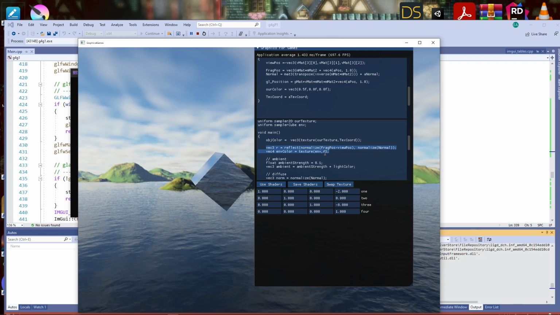You have the view right here, fragment position minus viewer position gives us the line through according to our view, and then we have a reflection of that which puts it onto the surface of the cube.